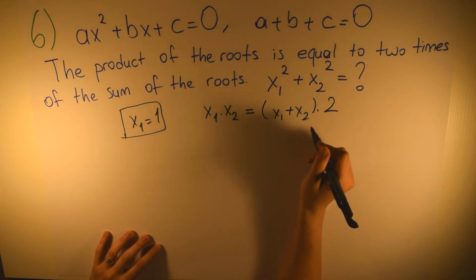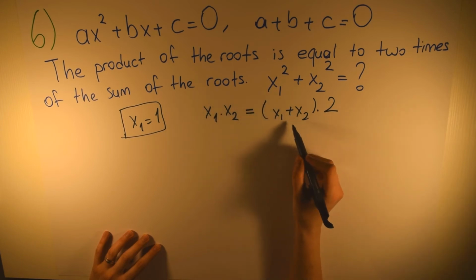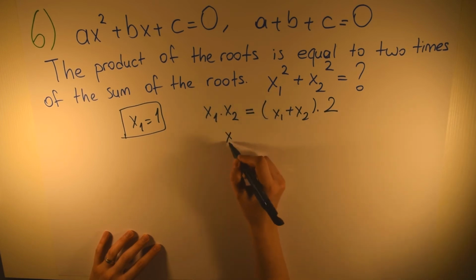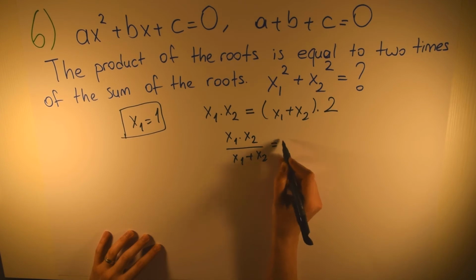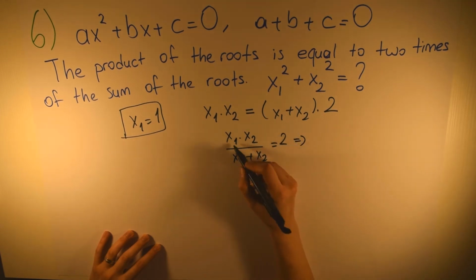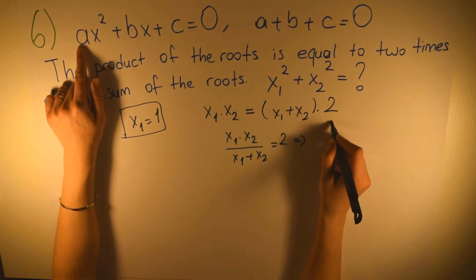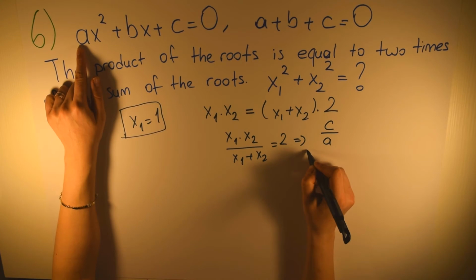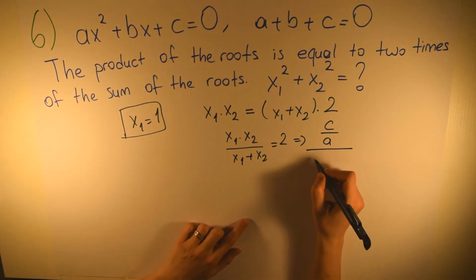So which means, when I know the formula for these expressions, I can write this as x1 times x2 over x1 plus x2 is equal to 2. So from here, x1 times x2 is equal to c over a. So here c over a, over x1 plus x2 is equal to